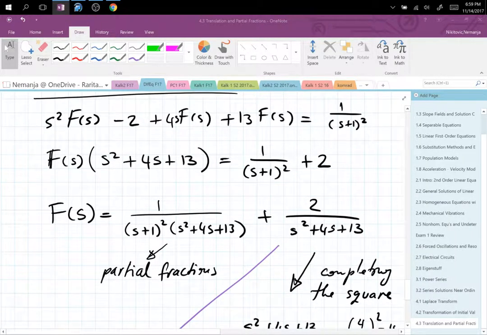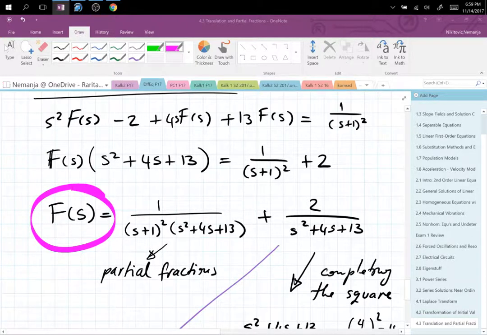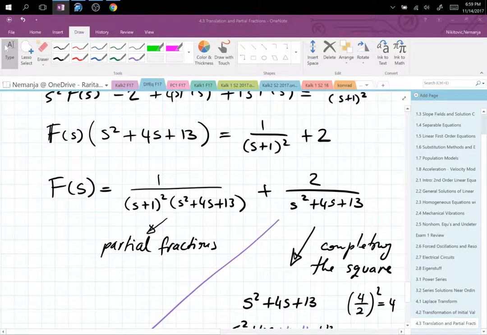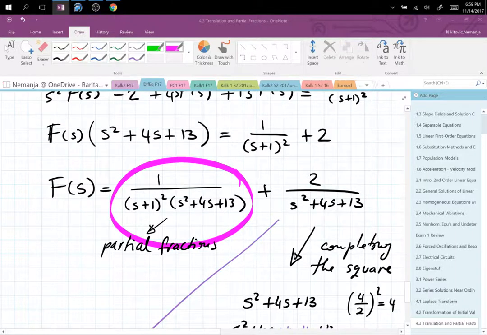And then we get to the point where we actually have a solution in a frequency domain. Fs equal everything else. So what I did is I divided both sides by the polynomial, trinomial there. I did not solve this part. This part is the basic